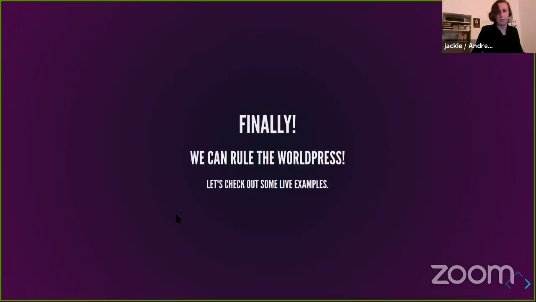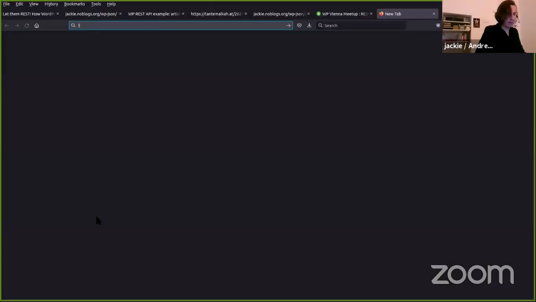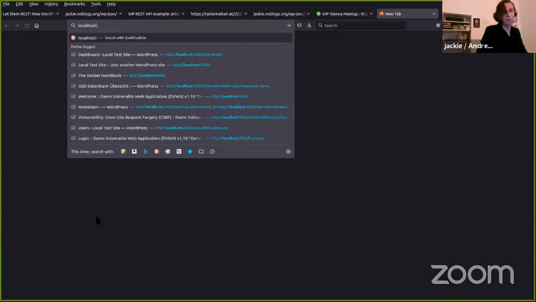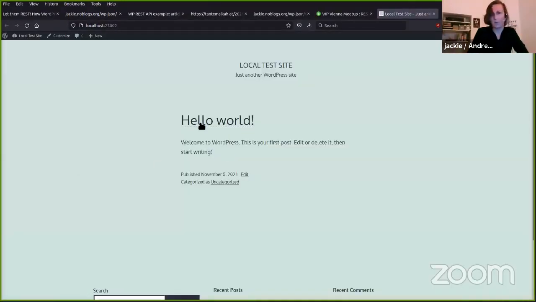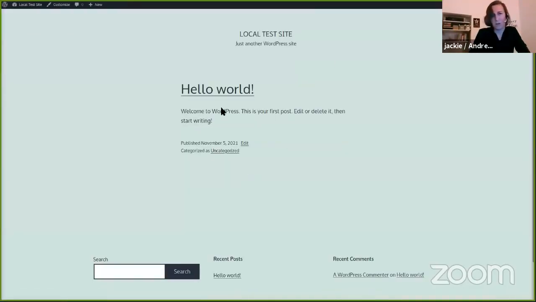So as a reference, I'll create a new tab here, and I have a local WordPress test instance running. It's a fresh WordPress, the usual thing, hello world, and I will use that for the example now.